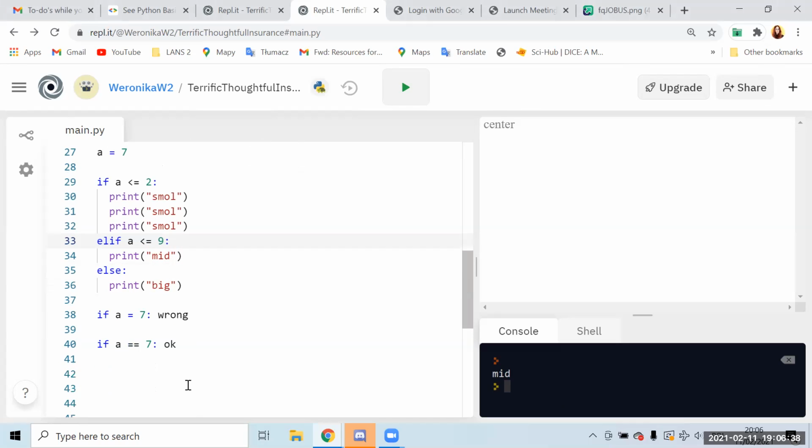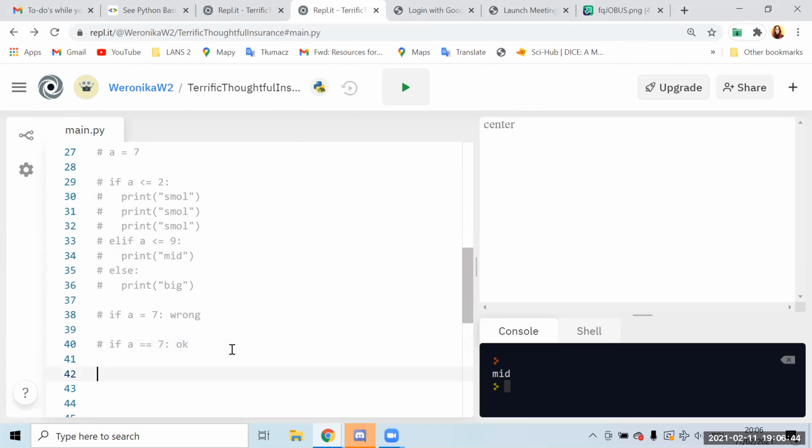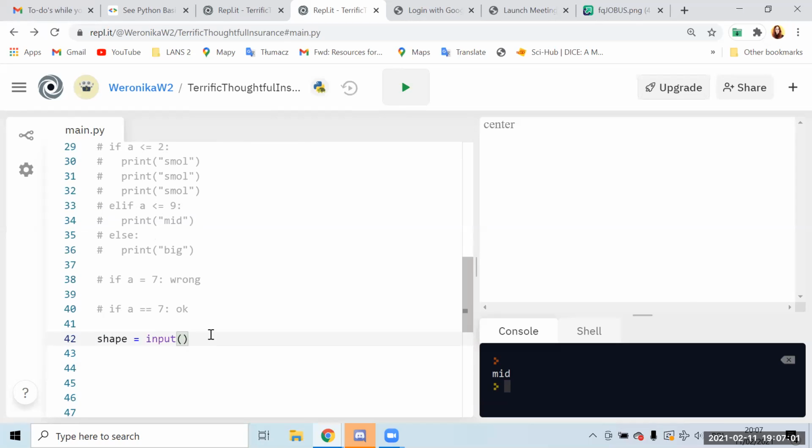If it's okay, I'm going to start typing out a possible solution. The first thing would be to put the input, and then we would have 3 if statements.